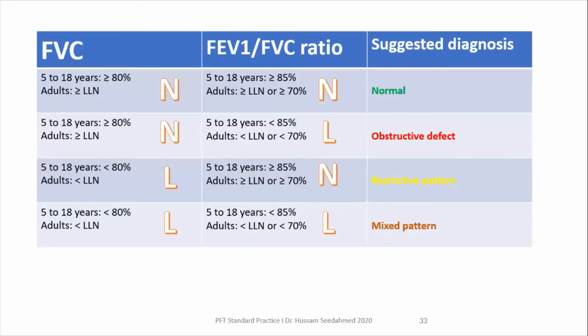Now, just to summarize what we've been saying, if the FVC is normal, ratio is normal, this is normal. Now, if the FVC is normal, but the ratio is low, قلنا mathematically معناته البسط هو القلة. ما دام البسط هو القلة ونحن عندنا FEV1 في البسط, so this is obstructive defect. Now, if the FVC is low,